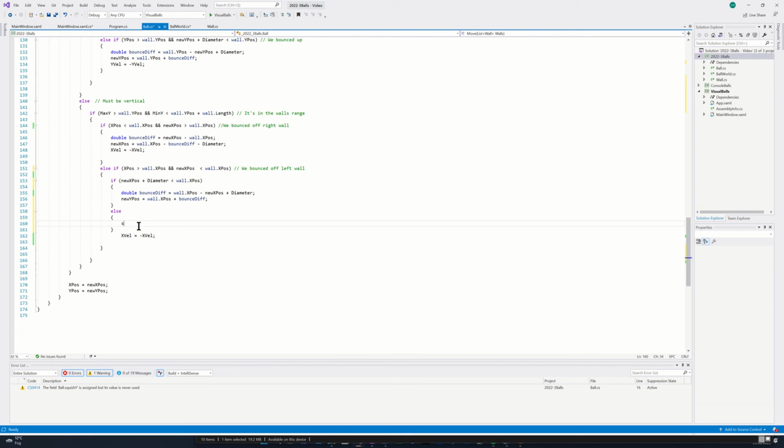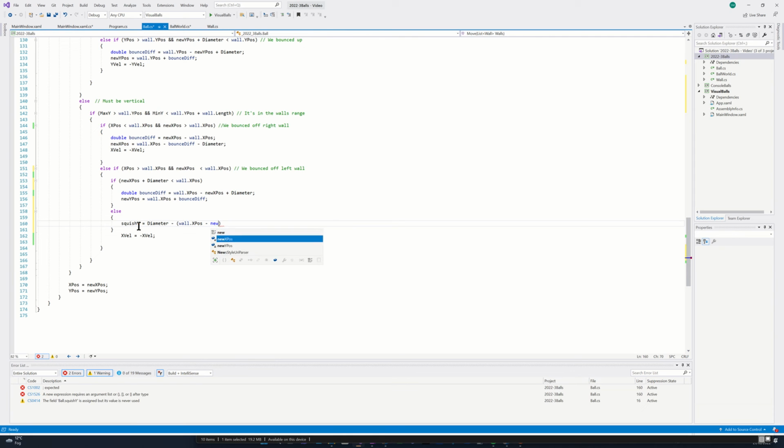So squish y is equal to diameter minus wall dot x pos minus wall dot y pos wall dot new